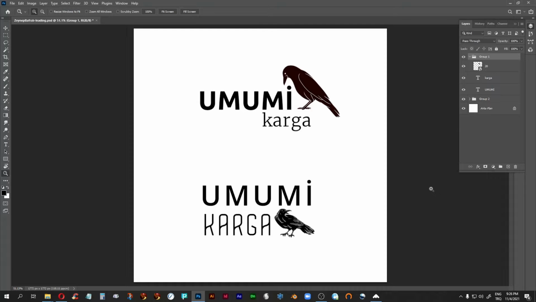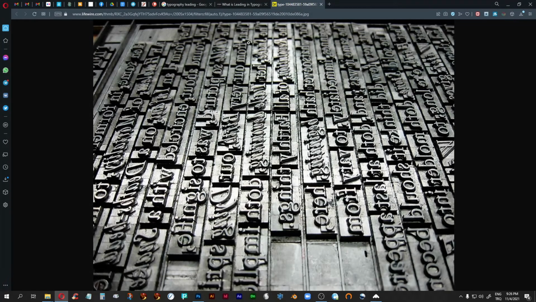Leading. Now this is an important topic in typography. We have talked a lot about kerning so far, and we are going to continue to talk about kerning. It's a very important topic. But leading is very important as well. And basically what we mean by leading is the space between the lines, between the sentences, that empty space, that is called leading. And the reason that it's called leading, which comes from lead, has a historic connotation, which is,